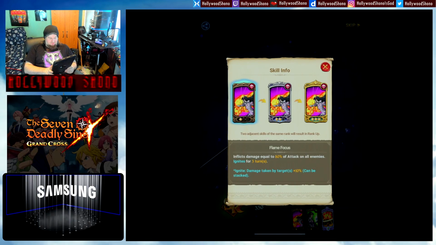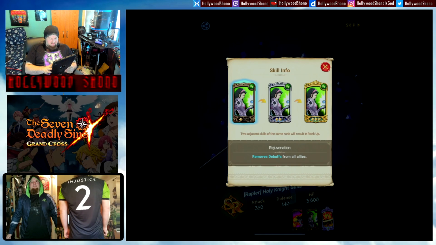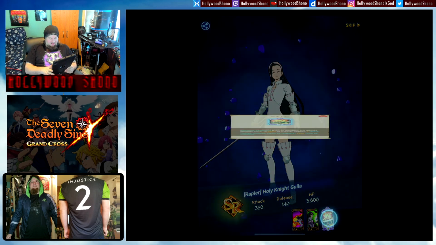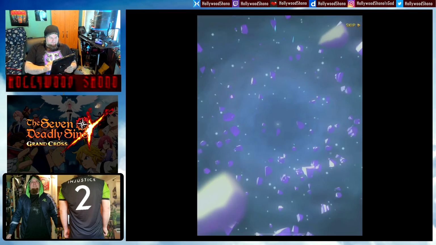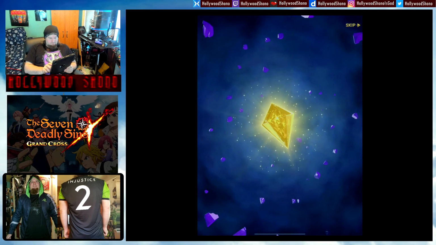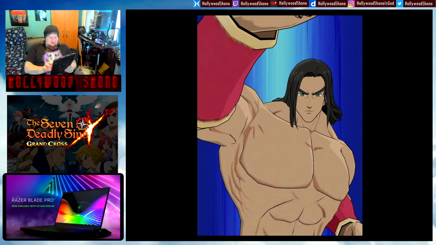That looks really cool. Flame on all enemies. I love dots and stuff. Removes debuffs from all allies. Okay. That seems pretty good. Removing debuffs would be nice to have as a secondary skill. Our next guy is